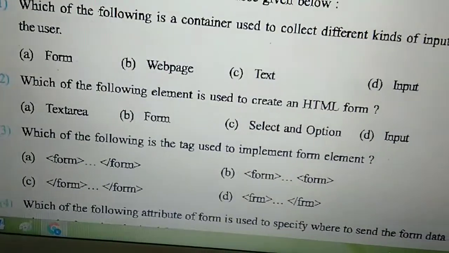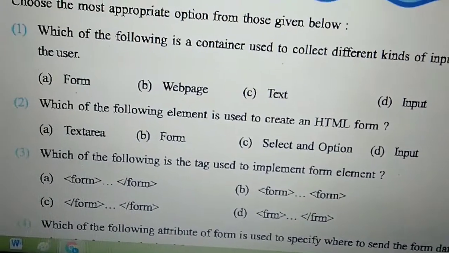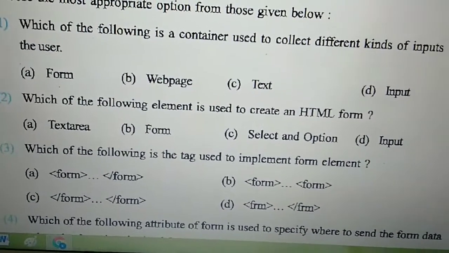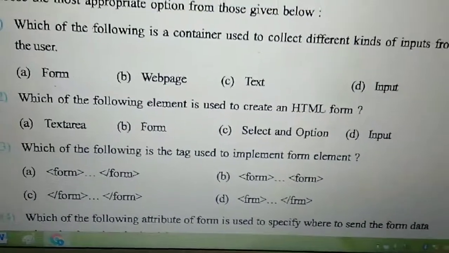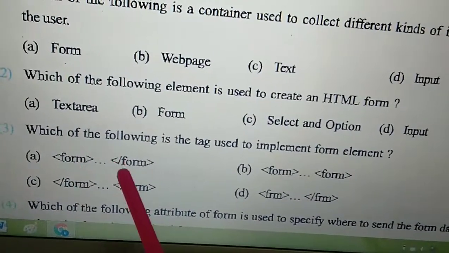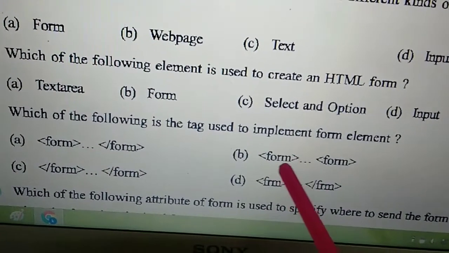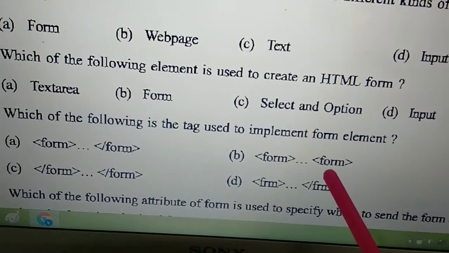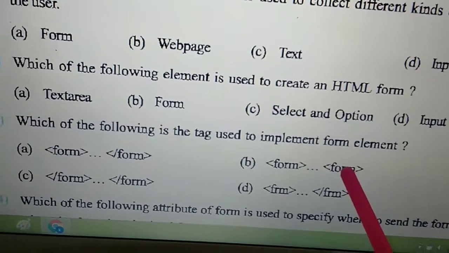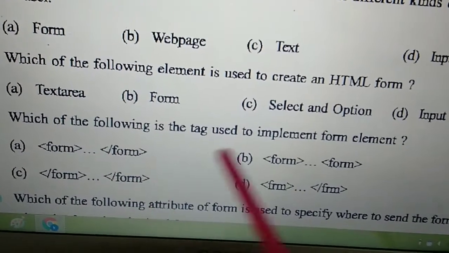Third, which of the following tags is used to implement a form element? The first option is FORM with a close tag. Second, FORM starting tag, FORM closing tag. But we know that an ending tag must be followed by a forward slash.